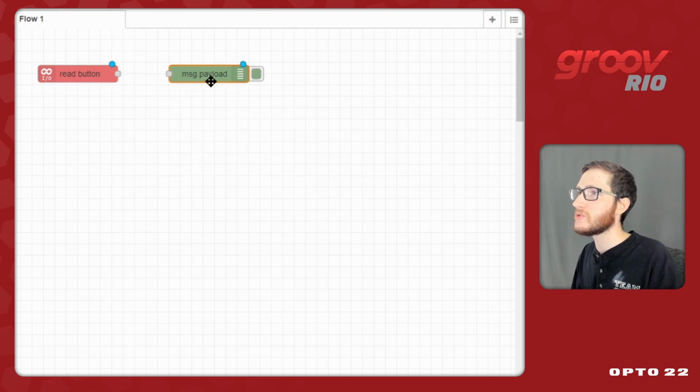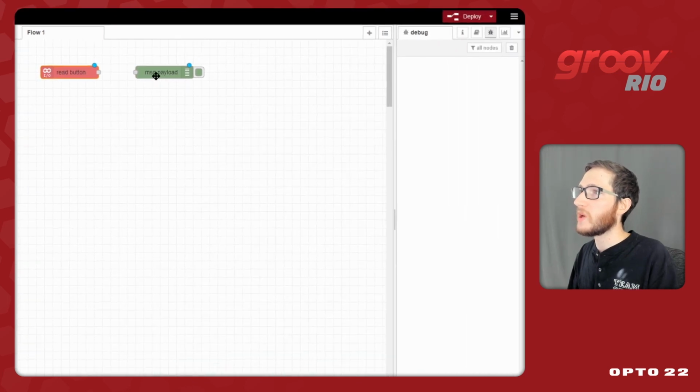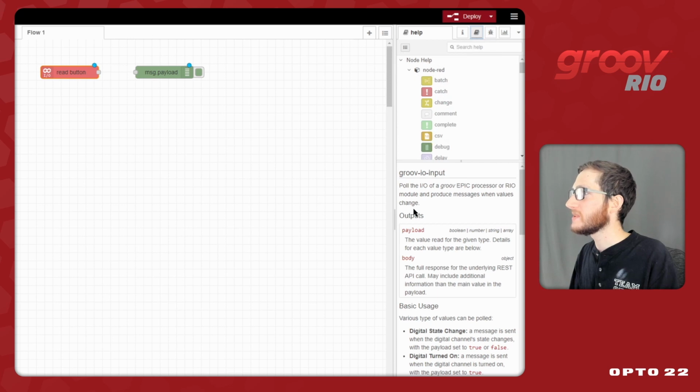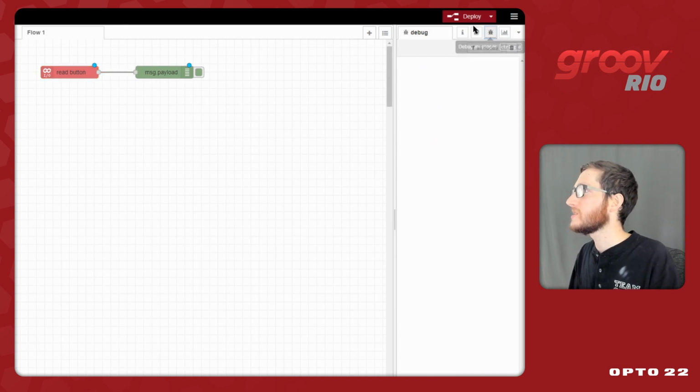Now I'll click done, press and hold left control on my keyboard and left click in the workspace, and I can just quickly drop in a debug node so I can see this message.payload. I know that I want to be watching message.payload because if I click on this node and come over to the help tab, we'll see that the outputs are in fact payload for the value that's read in for any given type. So I know I'm good to go, everything's configured, let's wire that in, switch to the debug pane,